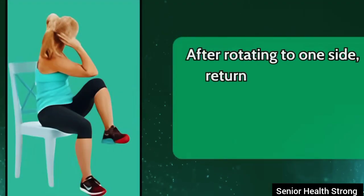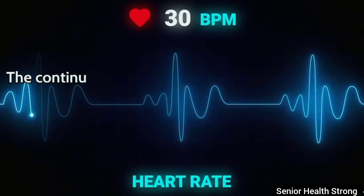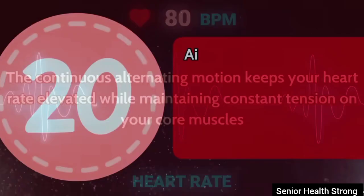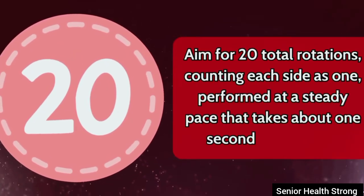After rotating to one side, return to center and immediately lift your left knee while rotating your right elbow toward it. The continuous alternating motion keeps your heart rate elevated while maintaining constant tension on your core muscles. Aim for 20 total rotations, counting each side as one, performed at a steady pace that takes about 1 second